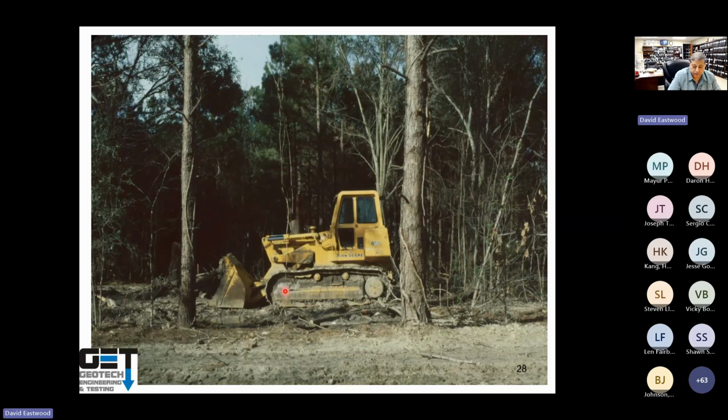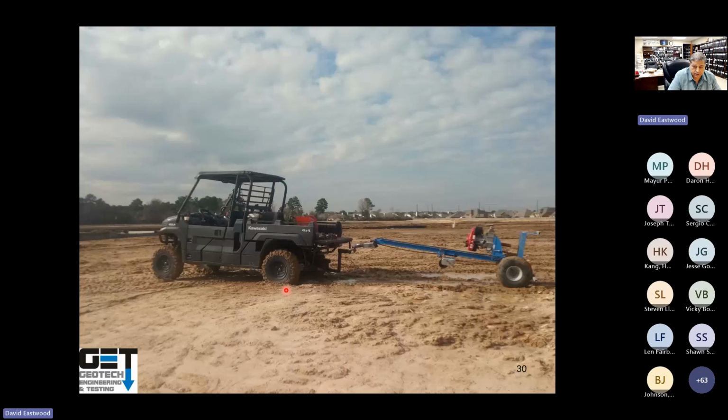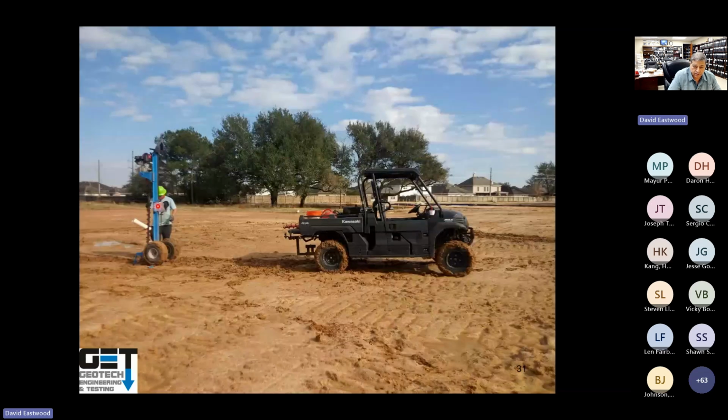If your site is wooded, of course, we clear a path with a dozer and get out there and do the borings. Sometimes we use our portable rig system, pull it behind one of our ATVs and get out there and do the borings. It goes about 20 feet deep on these portable rigs. That helps out considering all the rain we have had lately. We can get out there and get the job done even if the site is wet